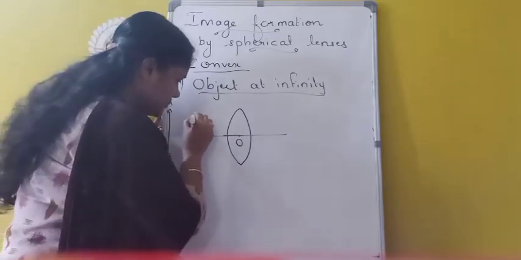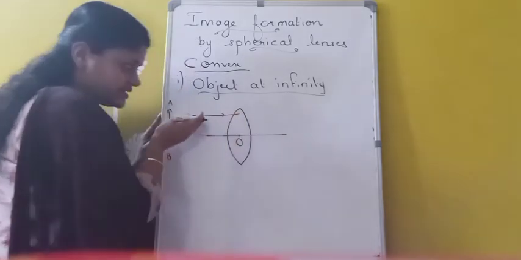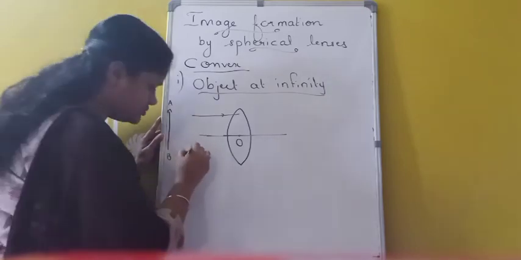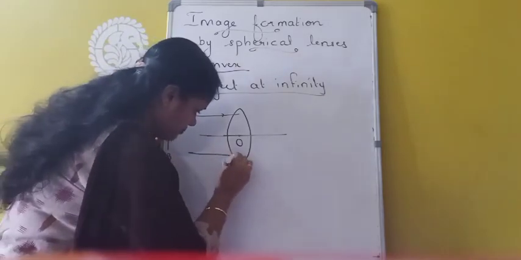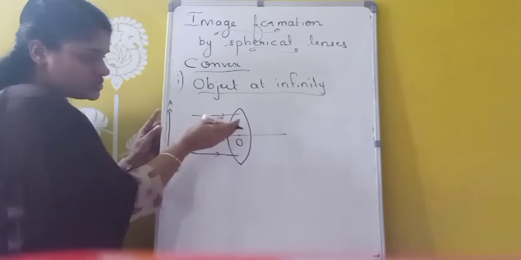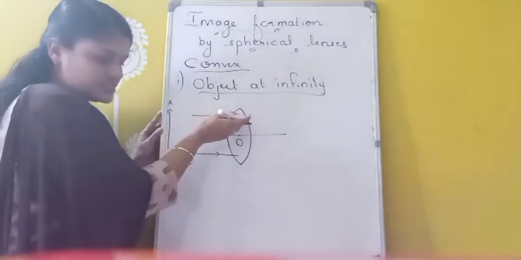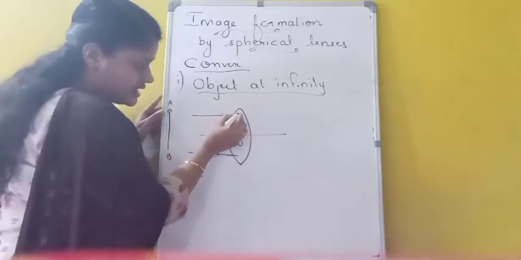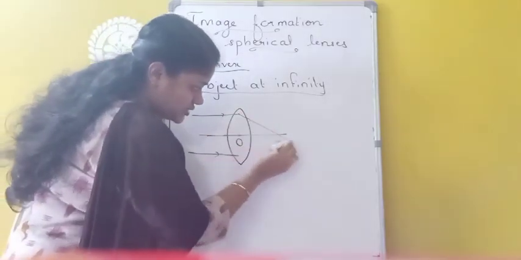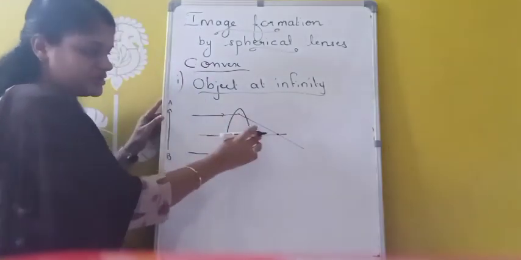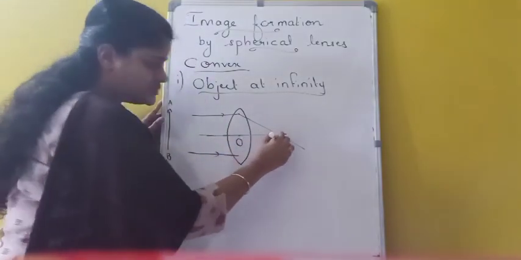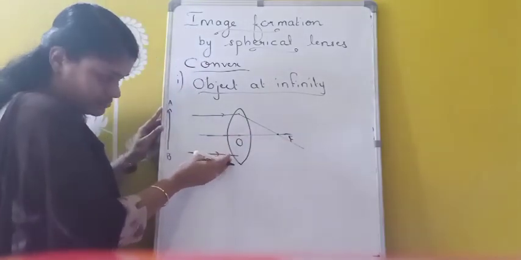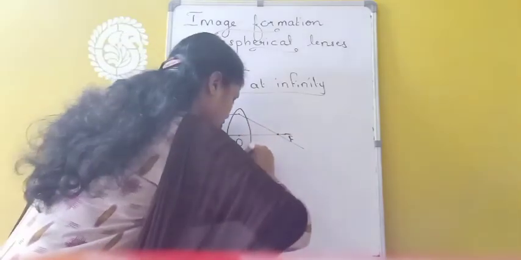So this is one light ray. This light ray is coming parallel to the principal axis, and I am considering another light ray coming from the object parallel to the principal axis. So what will happen when these light rays fall on this convex lens? They undergo refraction. So after refraction, this light ray will be passing through a point on the principal axis, and that point is called as which one? Principal focus. This point is principal focus F. Similarly, this light ray also after refraction passes through the focus.